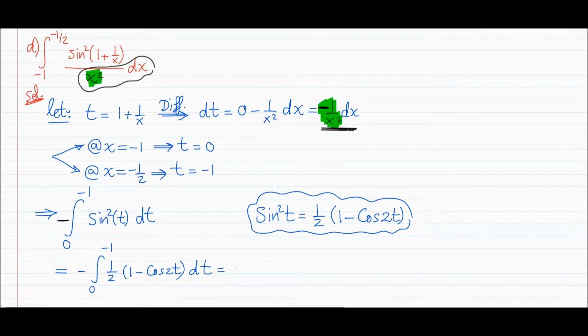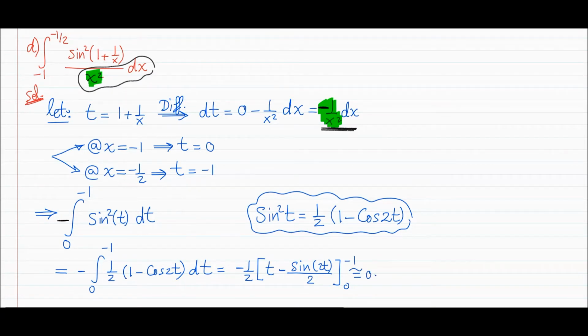So the integral will be -1/2 times the integration of 1, which will be t, minus integration of cosine, which is sine 2t, over the derivative of what is inside, which is 2, and substitute from 0 to -1. First of all, you have to substitute with t by -1, and then replace t by 0, and you will find the final answer to be